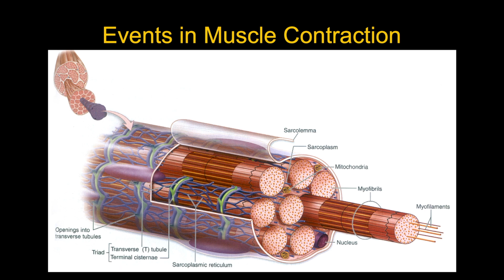In this diagram, what's important to note is that we have different structures in the muscle fiber or muscle cell that allow us to transmit the signal across the myofibrils. The sarcolemmal membrane is connected to the transverse tubules, also known as T-tubules, and terminal cisternae. Those are those purple structures that you see in the picture here. That's then connected to the sarcoplasmic reticulum. It is this conduction system that allows the propagation of the action potentials across the myofibrils in a particular motor